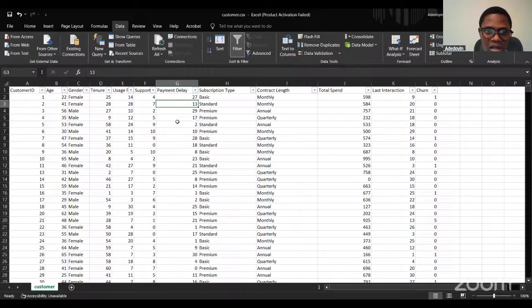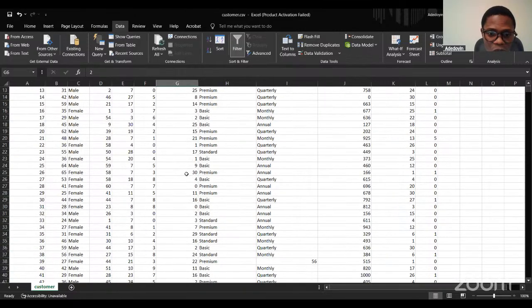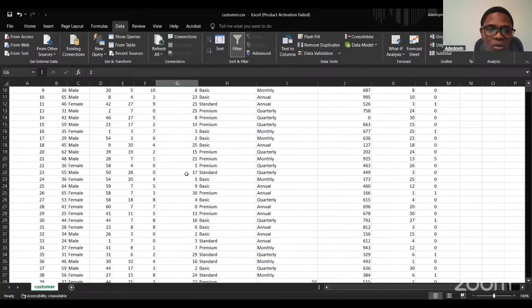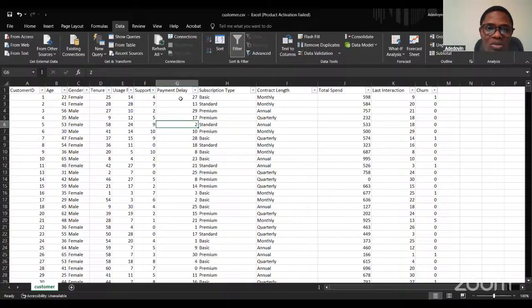Payment delays, the variable is also quantitative, so we'll be able to do mean, median, mode, but it does not make sense to do a table because it will be messy. Although you can construct something called a histogram, where you say between this and this, how many, usually we don't do that. Just report mean, median, mode to give us a summary. Max and min, the maximum and minimum number, that's max and min in Excel. Just give us all of those and we are good to go. Then the next thing is